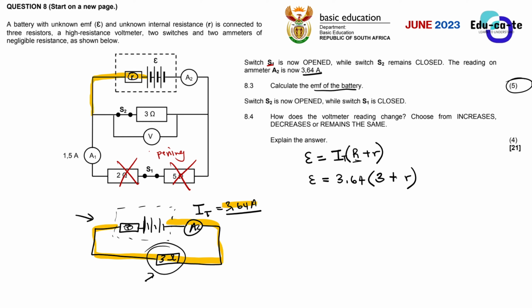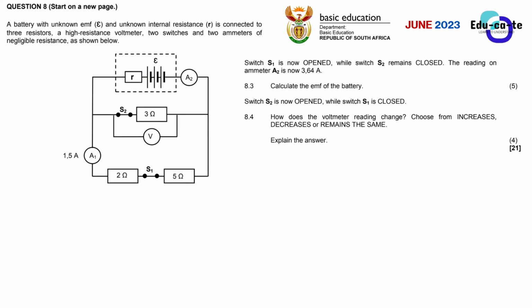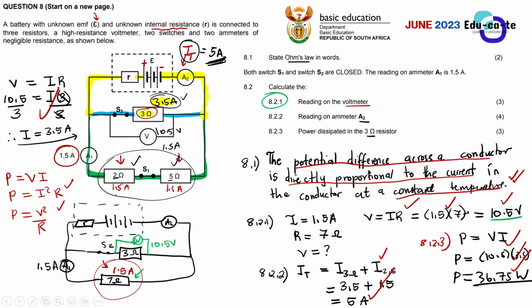You can try a simultaneous equation, because remember the EMF of the battery is a fixed value, the battery's maximum voltage in a sense. So you know that when S1 was closed, we still had the same EMF. So if we look at the first scenario when S1 was closed, we could say that the EMF is equal to the current times the total external resistance plus the internal resistance. If we used this equation when switch S1 was closed, the EMF would still be the same, because the EMF of the battery doesn't change no matter what.